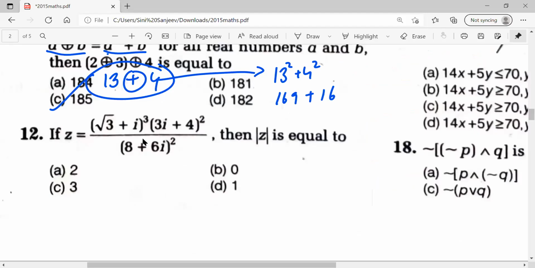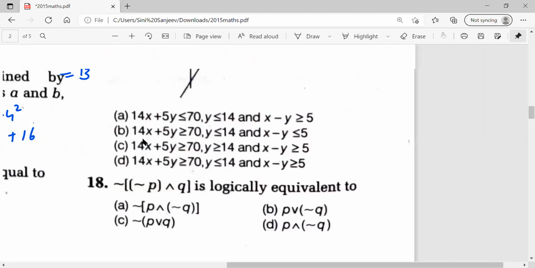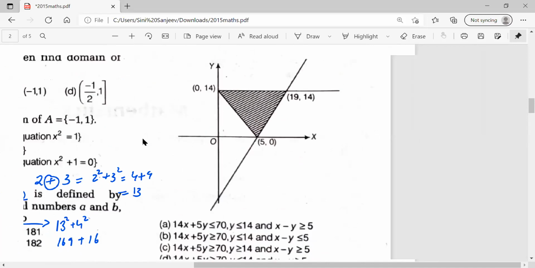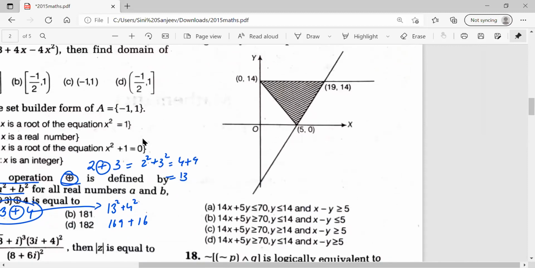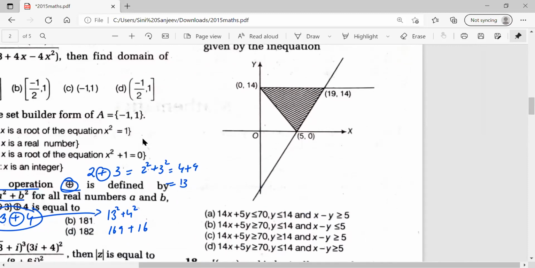Yeah, fine. I think it's enough. Let me go to this question. LPP question. Seeing itself, we should be getting the answer for the 17th one. 14x plus 5y greater than or equal to 70. Greater than symbol means it should be coming like this. So obviously, what option is gone? Option A is already eliminated in this. Correct.